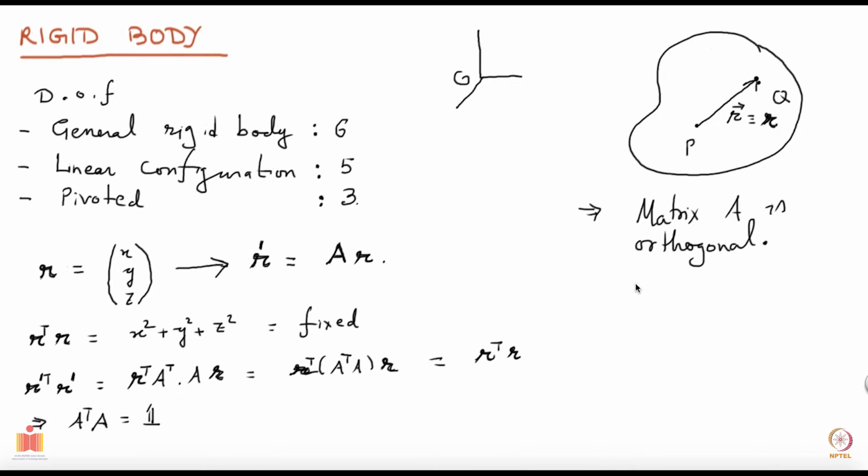Okay, that's the definition of orthogonal matrices, that their transpose... So if you have a matrix A and it satisfies this, it means that its transpose is its inverse. Okay, that's what it means. So the transpose and the matrix are inverse of each other. Okay, that's what we have found.